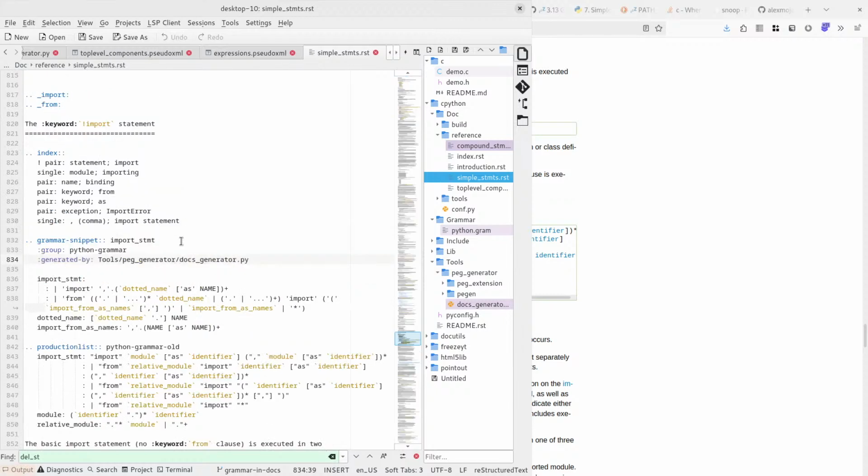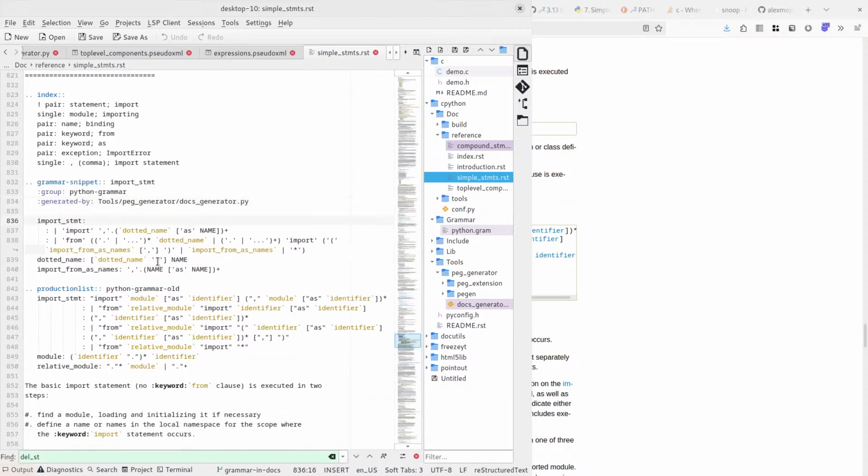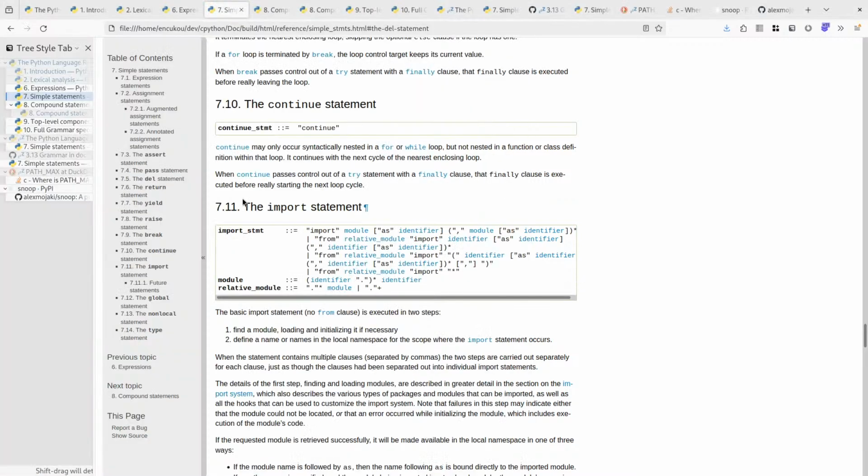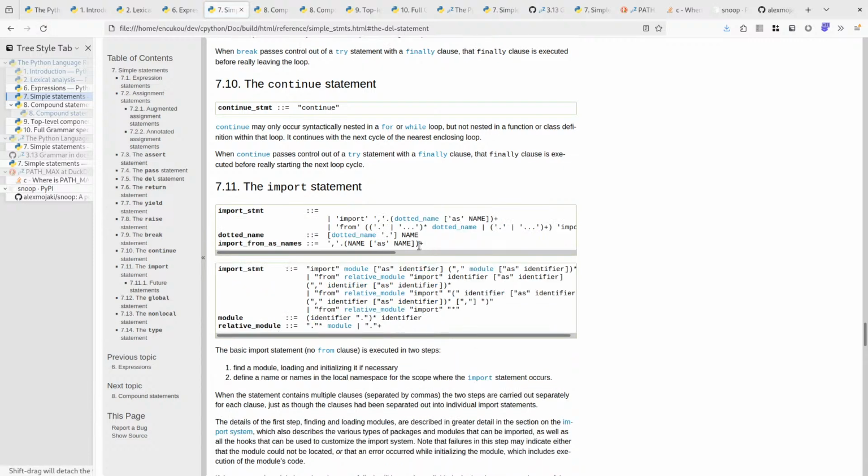So let's see what happens there. Oh, it's not as gnarly as I thought it would be. It's just an extremely long line here. So the import statement can be import and then a comma separated list of dotted names with this as another name annotation. So that's simpler. That's simple. What's not simple is this from